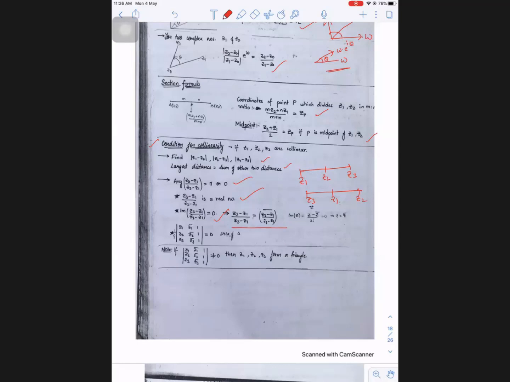That is exactly equal to: (Z3 minus Z1) by (Z2 minus Z1) equal to the conjugate of (Z3 minus Z1) by (Z2 minus Z1). Or one more idea, we know area of triangle is 0. So determinant Z1, Z1 bar, 1; Z2, Z2 bar, 1; Z3, Z3 bar, 1, that magnitude is equal to 0. Yesterday we discussed that 1 by 4 into that represents area of triangle if you take magnitude. So if that result is 0 also, they are collinear points. So this many methods are there to check whether they are collinear or not.